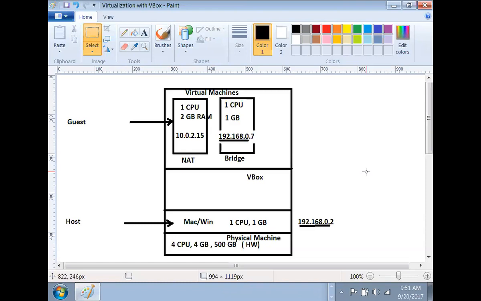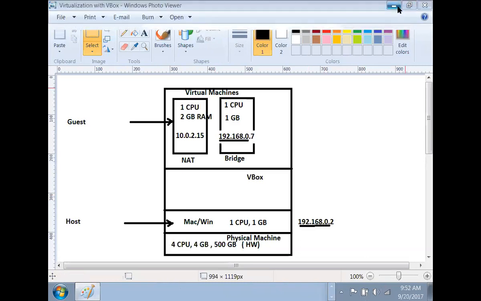When there is an outside network available, go for bridge. So this is clear: when to use NAT, when to use bridge. When you don't have a network, I suggest going for NAT. Or if you want network isolation, if you want two different networks, go for NAT. And if you want a common network for all your machines, go for bridge. Is that clear? This is a very, very important thing that you need to understand.